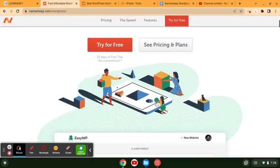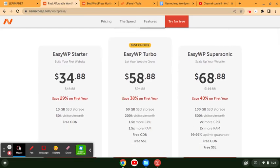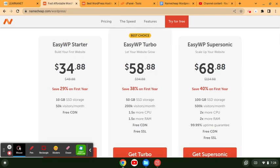Okay, what you're going to do is scroll all the way down, and you're going to notice that there are 3 different plans that you can select from. There's a starter plan, a turbo, and a supersonic. It's very simple, straightforward. The way it's laid out here, it's not complicated at all. I love simplicity and user-friendly platforms like Namecheap. And so all you have to do really here is decide which of the 3 plans you feel would be best for you. Once you sign up and you get set up with your account itself, you'll gain access to what's called the cPanel. From that point, that's where you can actually create the site itself, if that makes sense,